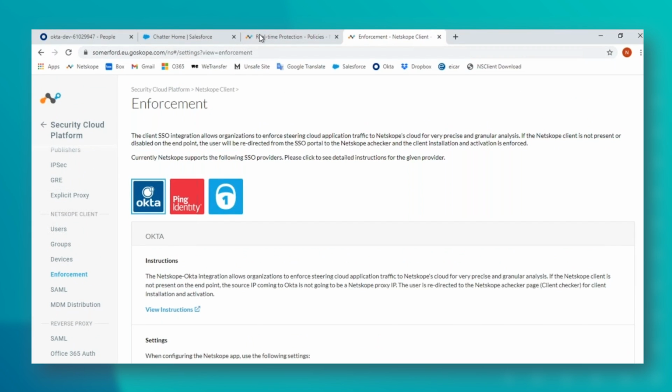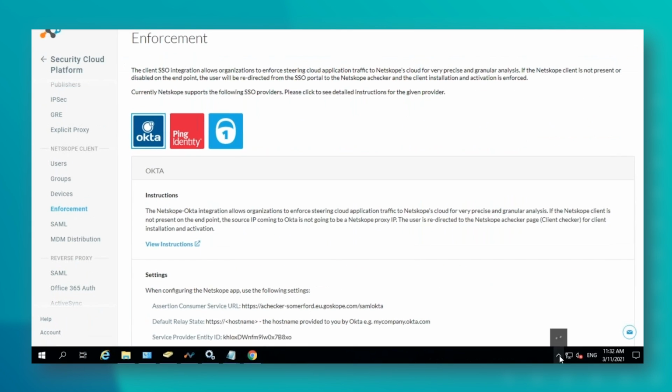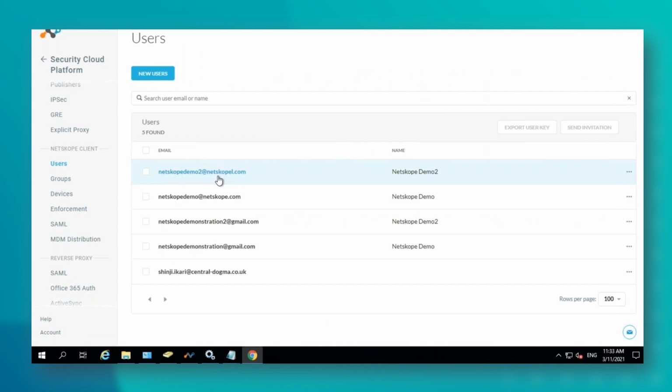I'll just quickly make sure my client is all working. We'll just pop this client back on. Just check if my Netskope Demo 2 has appeared. I have a spelling mistake in their name, but yes, they appear. So Netskope Demo 2 has now been populated by the AD importer. And if I didn't have that error in the name, I could log into this machine using Netskope Demo 2, and the client would now show them in the configuration as the number 2 user.